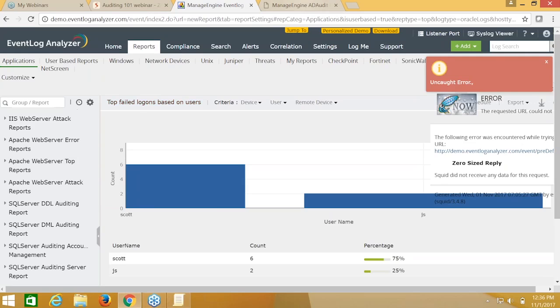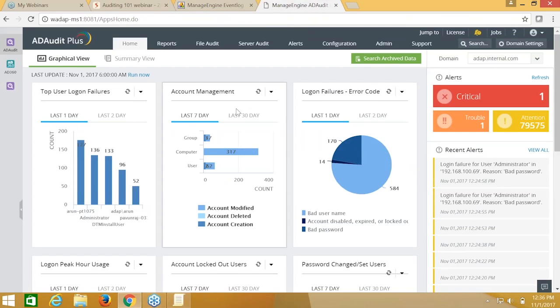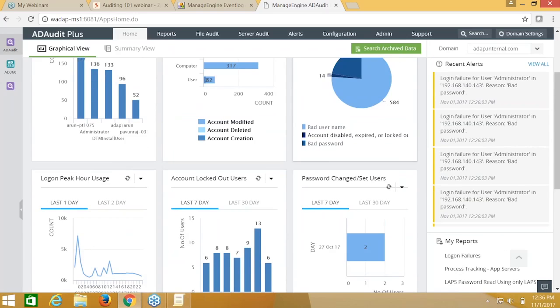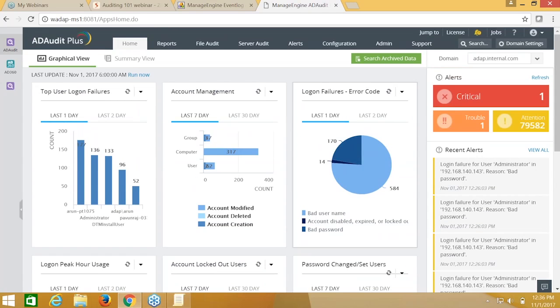And for the Active Directory context, we've got the AD Audit Plus component. So I've just jumped to the AD Audit Plus tab. And here again, just as with Event Log Analyzer, the AD Audit Plus dashboard gives you clear information about different events occurring in your Active Directory infrastructure. So this is, of course, a major concern, just as important as your databases and network devices. And AD Audit Plus can help you here by tracking accesses to objects, critical changes made to your GPOs, things like that. So if I jump to the reports tab of AD Audit Plus,